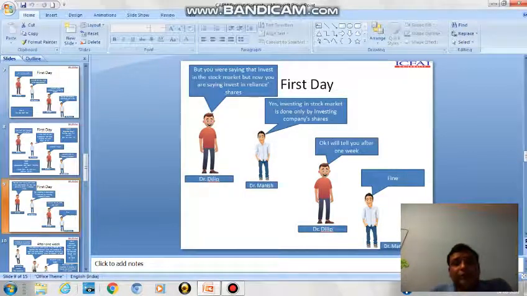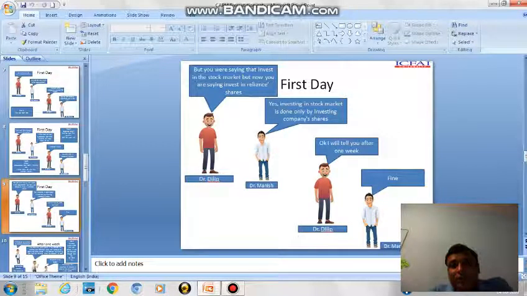Dr. Manish replied, you can invest in share of Reliance company. But here Dr. Dilip is a little bit confused and asked Dr. Manish, but you were saying that invest in a stock market, but now you are saying invest in Reliance share. Then Dr. Manish tried to convey to Dr. Dilip,